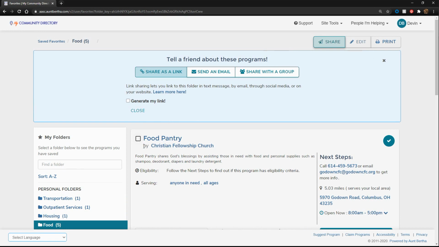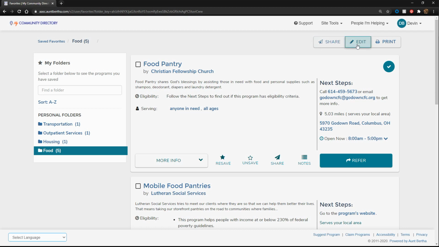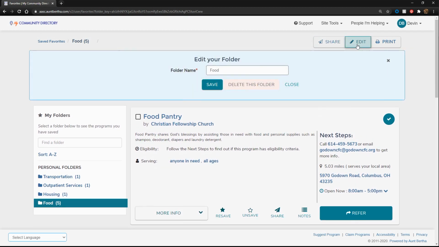You can select one or multiple programs. You can create a link to share, send a direct email, or even share with a group of people. Up here in your menu, you can also edit the folder, which enables you to change the name of your folder, to delete your folder,